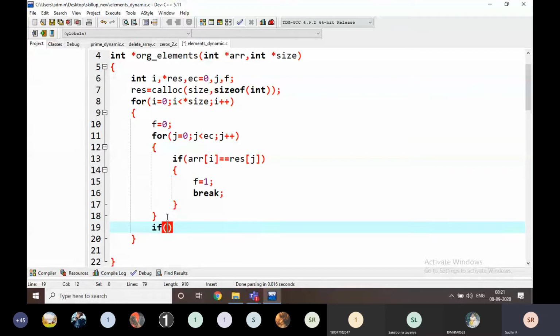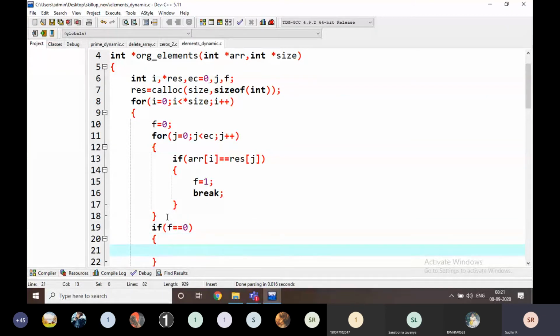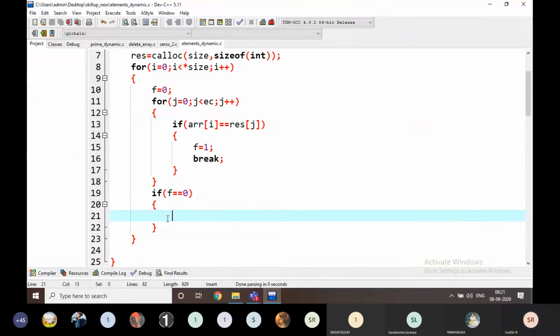If the flag is 0, that means the element is not in the result list, right? Then I am going to write result of EC plus plus is equal to ARR of I. That's it, nothing else.